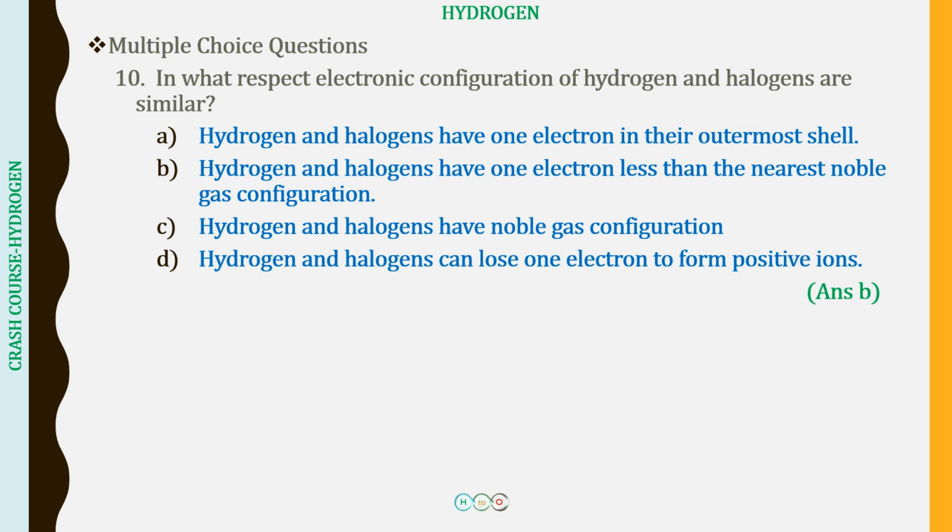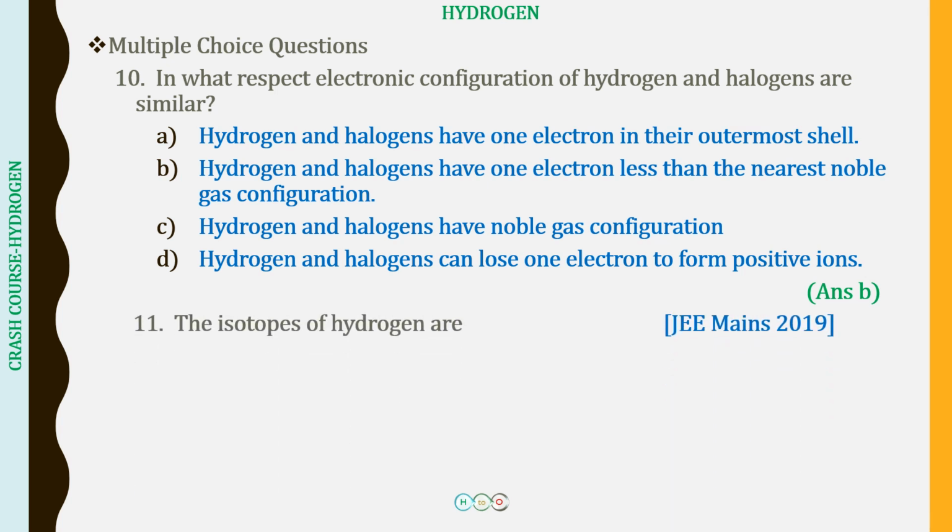So now we have finished all that I could discuss in relation to hydrogen being similar and dissimilar to both alkali metals and halogens. If you want a quick revision, in lecture 2 of our course on hydrogen, we have put all these similarities and differences in the form of tables. So you can visit that lecture, quickly write down those tables and revise whenever you want to. Fine. Now moving on to the next question.